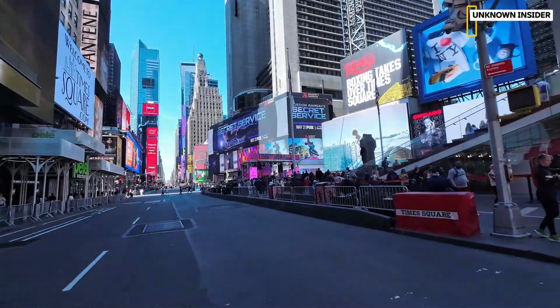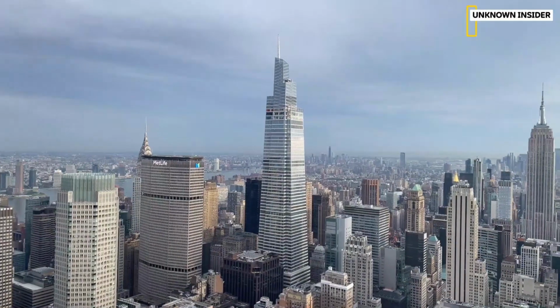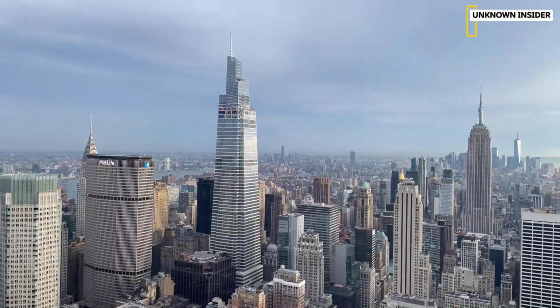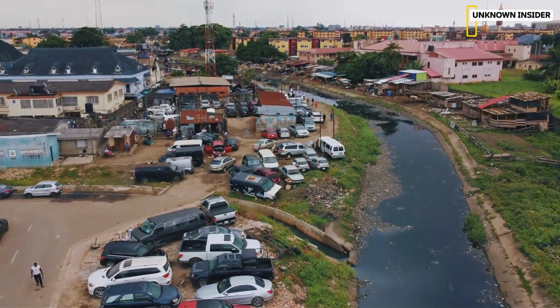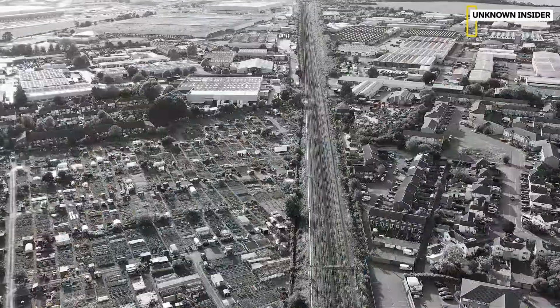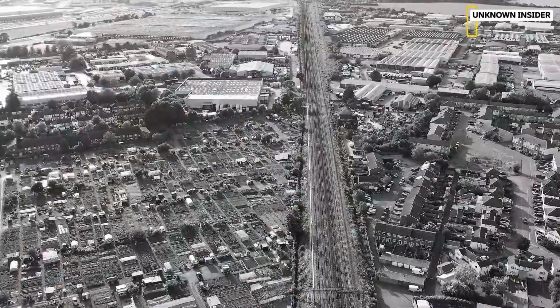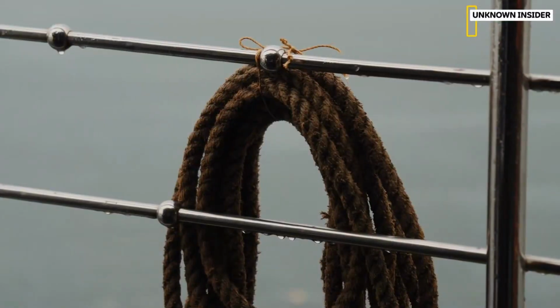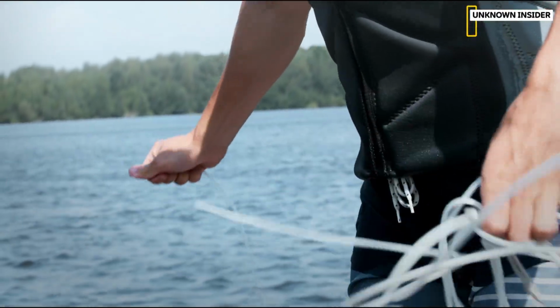Decommissioned New York City subway cars have been sitting off the coast of Delaware for years, dense enough and inert enough to stay exactly where they were placed. Gibraltar has been building a reef out of scrapped vehicles and concrete since 1973, and it's still functioning as intended. The difference in both cases comes down to one thing. The materials were heavy, stable, and chemically inert. They didn't need steel clips or nylon rope to hold them in place, and they didn't leach anything into the